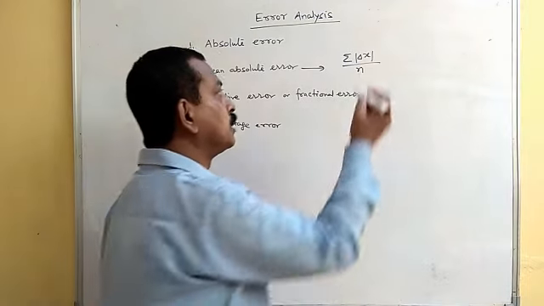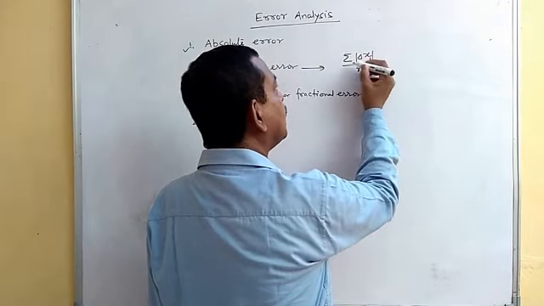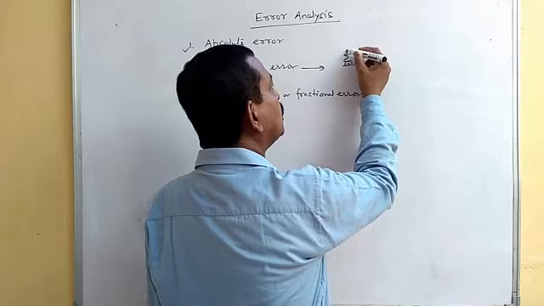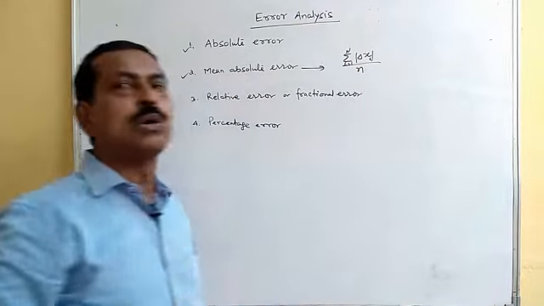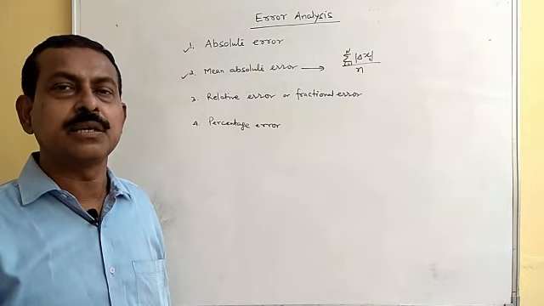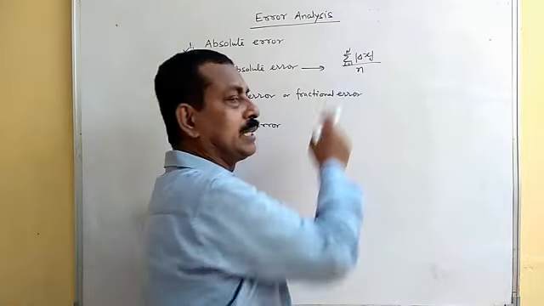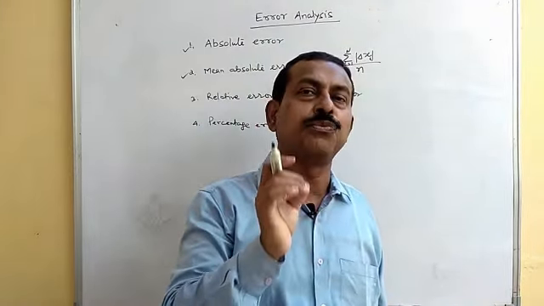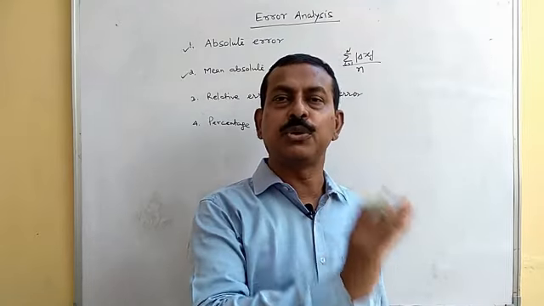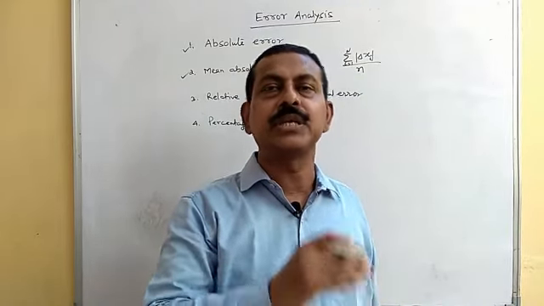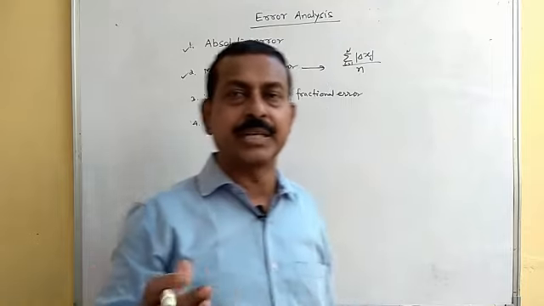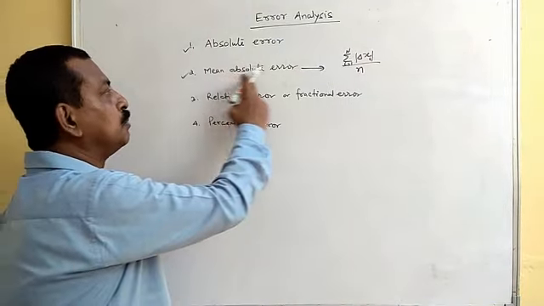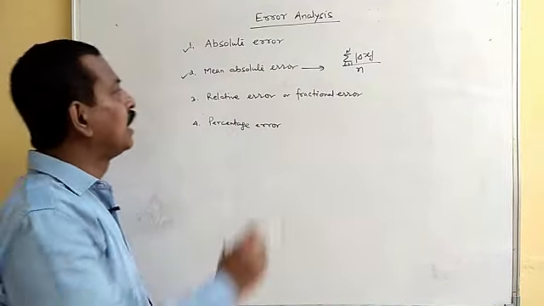Of course, if you are representing it as xi, then i will vary from 1 to 10. That depends upon for which observation you are taking the absolute errors. It may be your absolute error for the first observation, so it will be x1 minus x0. Second one is x2 minus x0, like that. So it will be your mean absolute error.